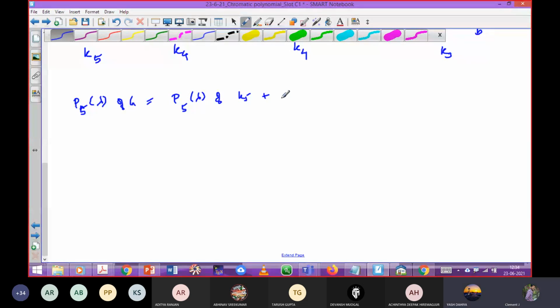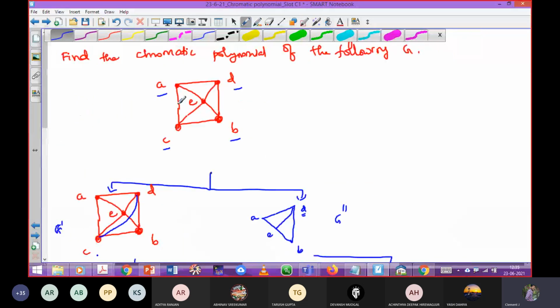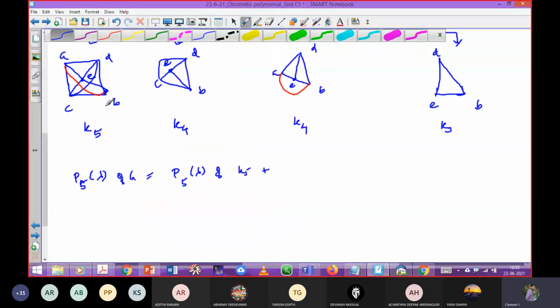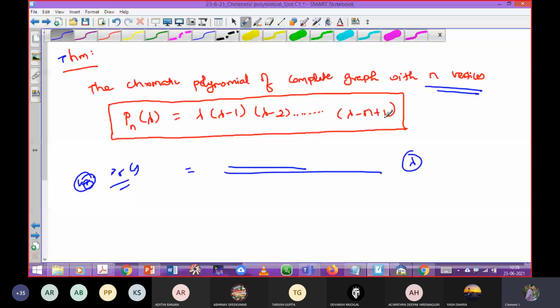By adding the smaller graphs. Very good. Yes. Sir, could you please repeat this line again? See here, you are going to determine the chromatic polynomial of the original graph G. Here it is split into 4 graphs. You know the answers individually by using the previous theorems. The previous theorem says the chromatic polynomial of a complete graph is nothing but this one. By replacing the n with the number of vertices, you will get the answer, right?